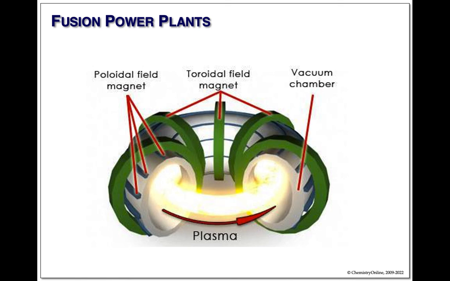You heat it to the point that you get plasma formed. Now, it takes lots of energy to heat these gases up to make plasma. But once they're formed, plasma is charged, and you can control where it is with this array of magnets. They've been working on